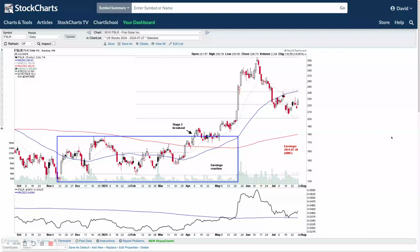Lots to get through on the weekend video as always, but going to start off with some of the weekend watch list stocks and look at what's going on with some of the renewable energy / solar stocks to begin with. So FSLR, the leader in the group at the moment, in stage 2 since early April now,